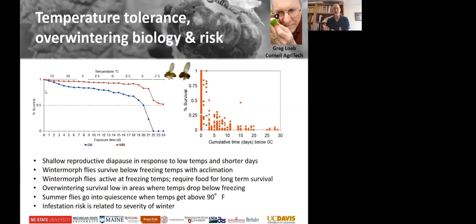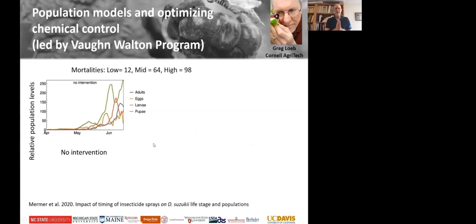...that they will recover to them. That kind of explains that depression in populations. Next slide, please. Let me move on to a really nice set of work that Devon Walton's group has been